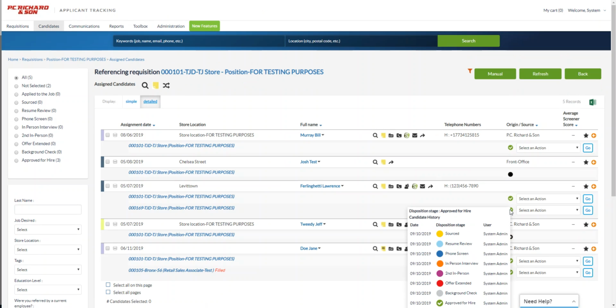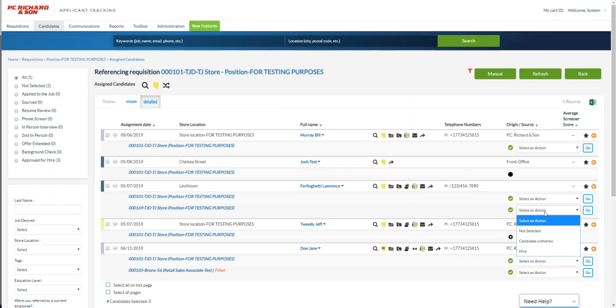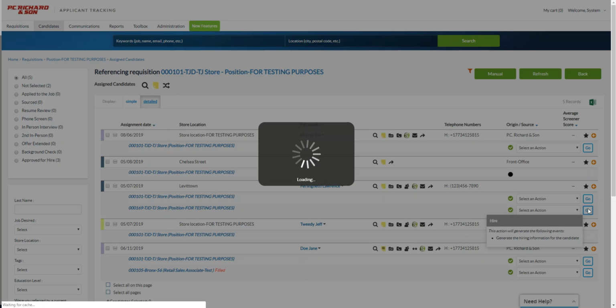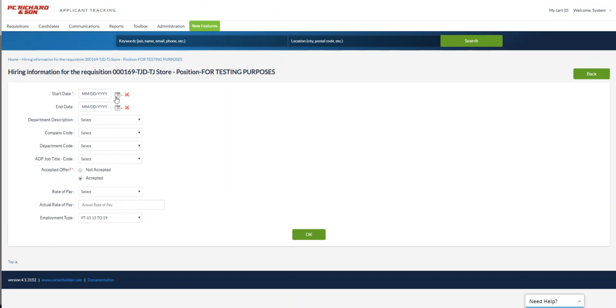Now they're going to have a green check mark showing all the workflow steps this person went through until they get to hired. Now for the UAT, or the user acceptance testing for integration, you want to select hire. And then here's where we're going to enter in the hiring details. So we're going to put in their start date,